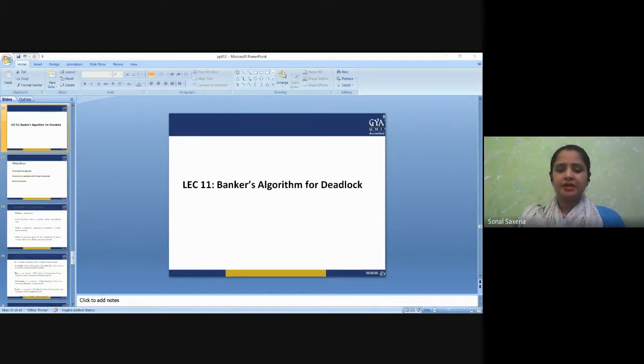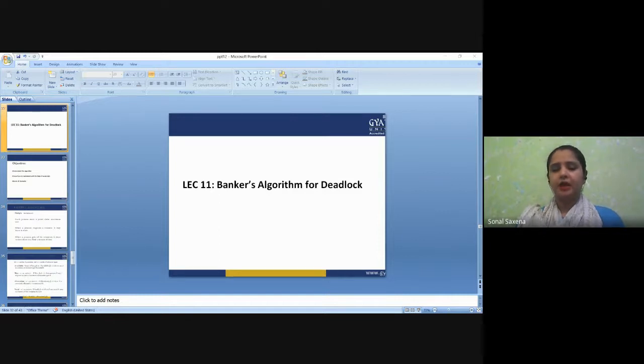In the last lecture, I told you how you can characterize a deadlock in an operating system. There were four special and mandatory conditions for a deadlock to occur, and for a system to be affected by a deadlock, all these four conditions should be there at the same time. Even if a single condition is not present, we cannot say that there is a deadlock, right? I explained how these conditions can occur and how you can characterize the deadlocks in a particular system.